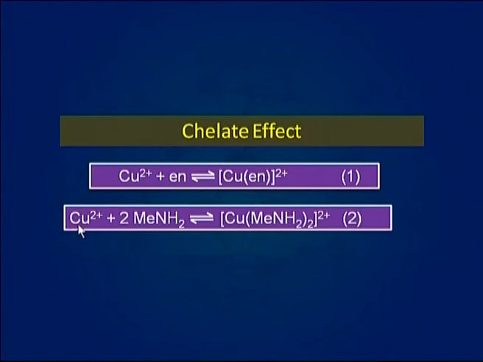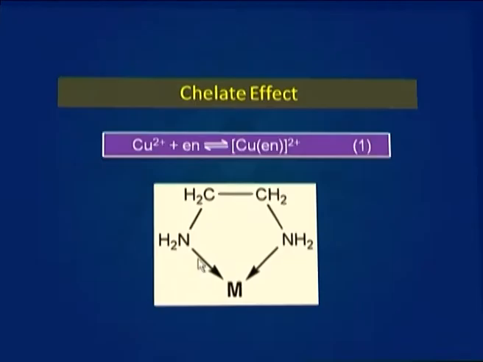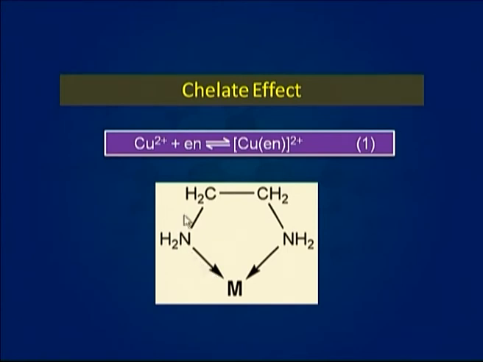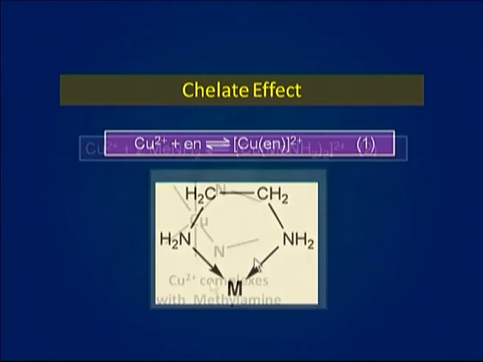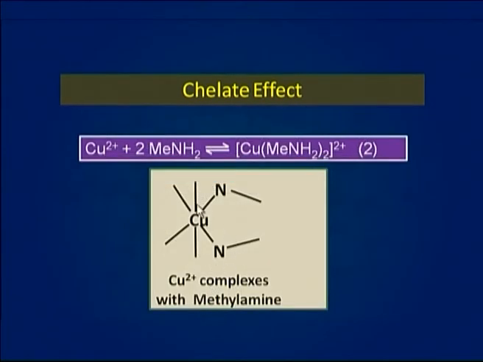And if copper 2 plus combines with 2 methylamines, you will get dimethylamine copper 2 plus ion. In the first equation, the bidentate ligand ethylene diamine forms a chelate complex with the copper ion. Chelation results in the formation of a 5-membered ring, but in equation 2, you can see there are 2 copper